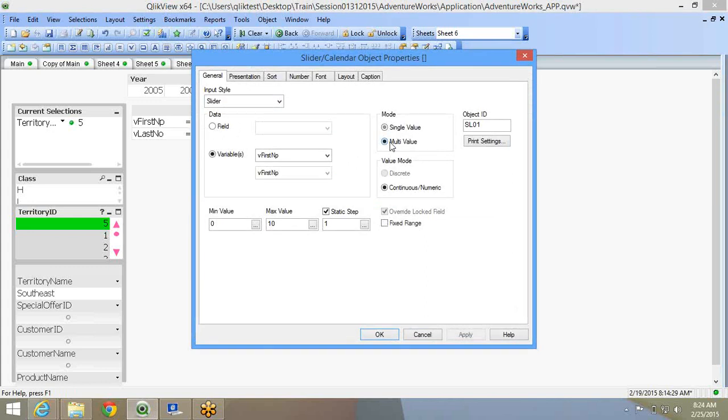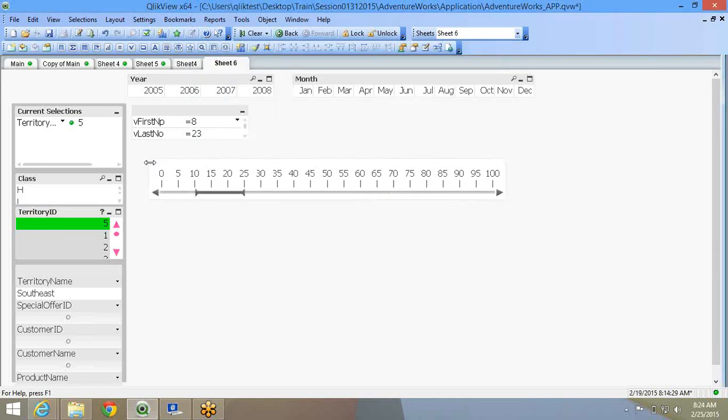I can use multi-value. So here if I use this multi-value and say last number as my second value, first number, last number. So I will increase it to 100 with a static step of 5. Now the slider is going to give me its two ends. So I can resize it. So 20 to 25. First is 20, second variable 25. Right. 20 to 60. Or I can move the entire selection like this. 0 to 40, 5 to 10, 15. I can do it this way.